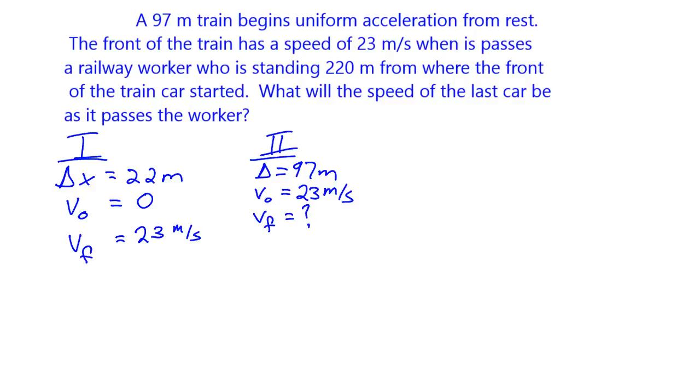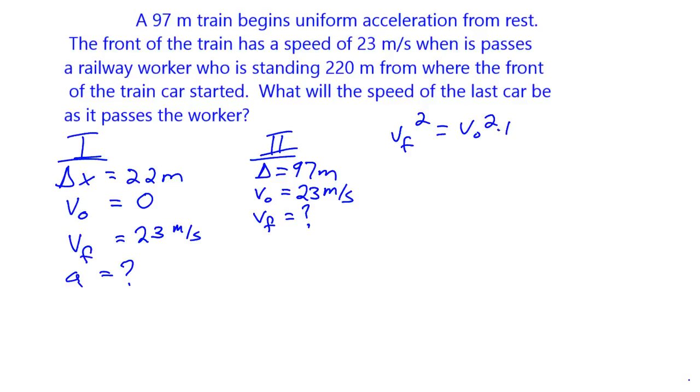We don't have enough information to solve for anything in part 2 yet, but the acceleration is constant for both parts, since it's uniform acceleration. So if we find the acceleration for part 1, we can use that acceleration to solve for the final velocity in part 2. So we're going to find a here, and then use that a in part 2 to figure out the final velocity. The equation we want to use is Vf squared equals Vo squared